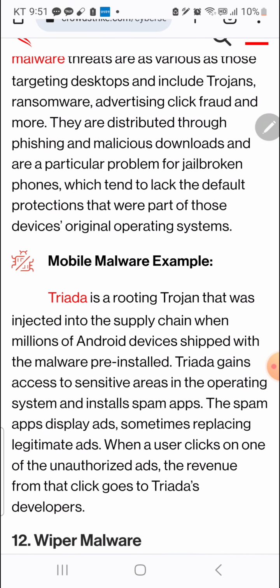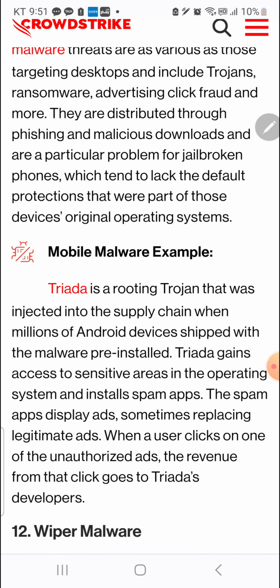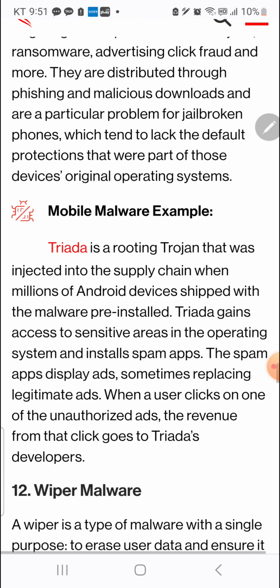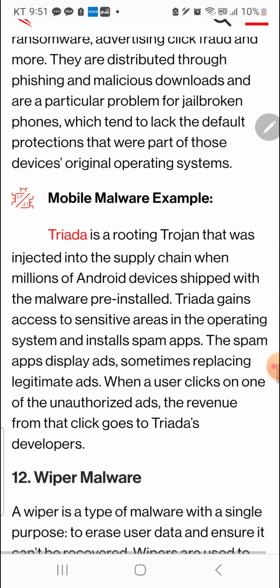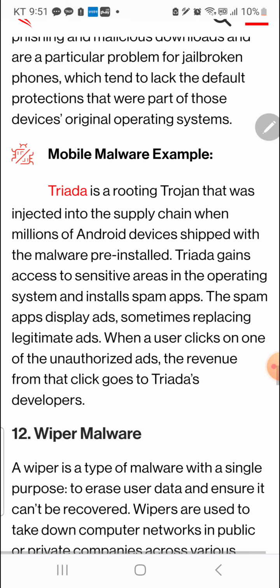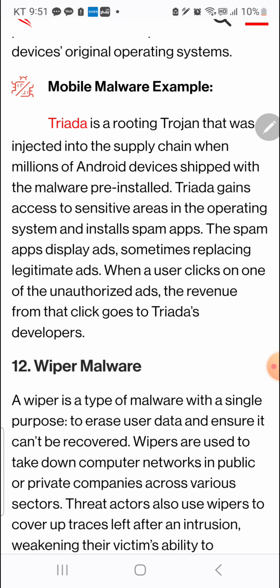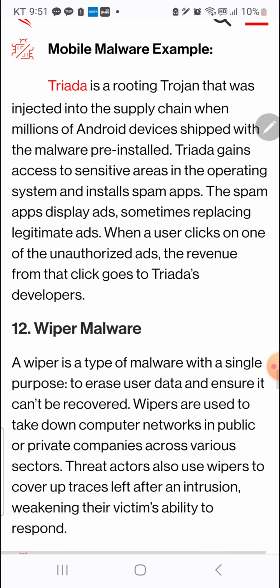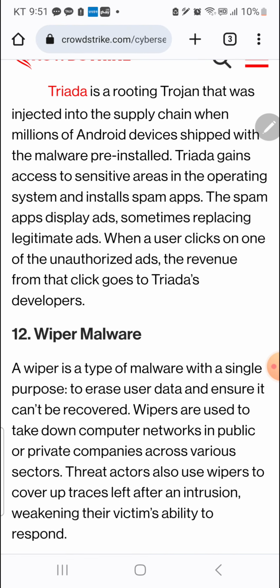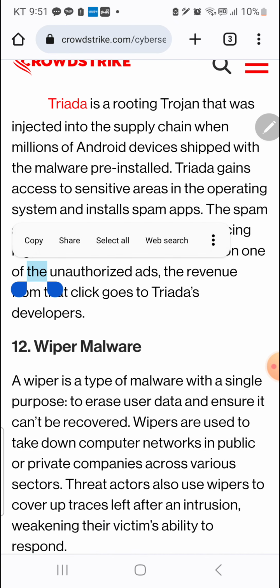They are distributed through phishing and malicious downloads and are a particular problem for jailbroken phones, which tend to lack the default protections that were part of those devices' original operating systems. Mobile malware example, Triada is a rooting Trojan that was injected into the supply chain when millions of Android devices shipped with malware pre-installed.